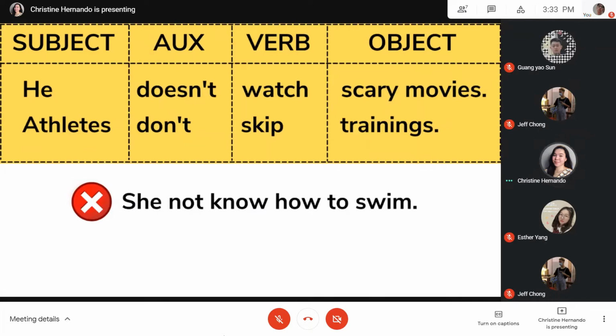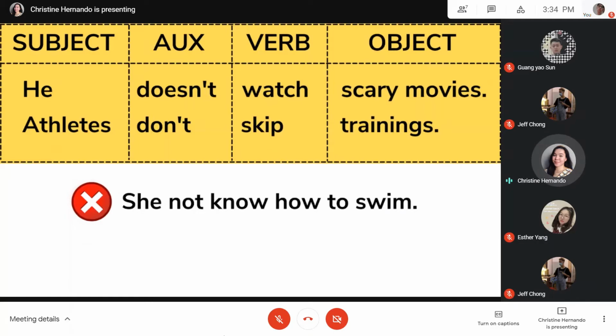Okay, so in the structure of the present simple negative, we talked about the subject and then auxiliary and then the verb and then the object. But the sentence here doesn't have an auxiliary. Do you observe the same thing? So the thought of the sentence isn't complete because when we read it, "she not know how to swim." So it sounds unusual